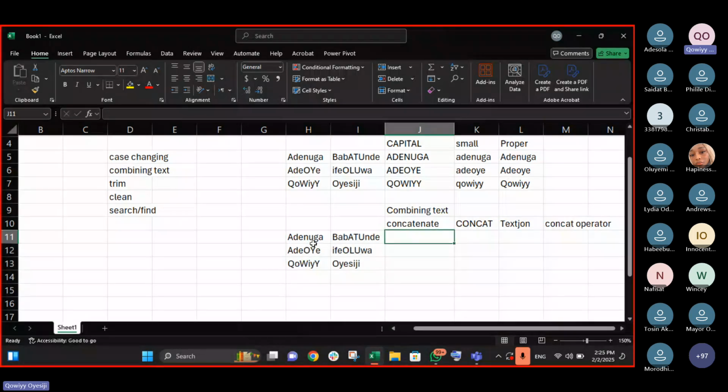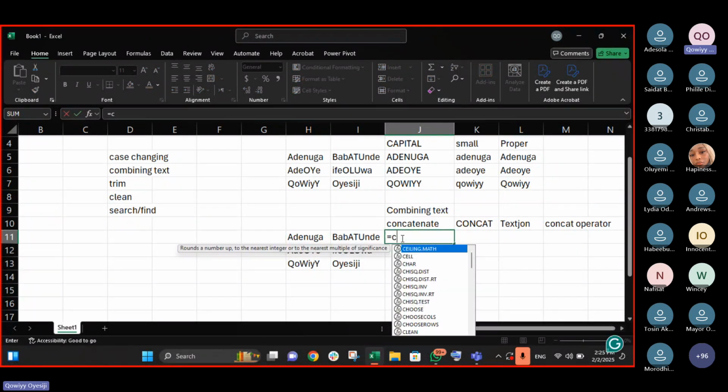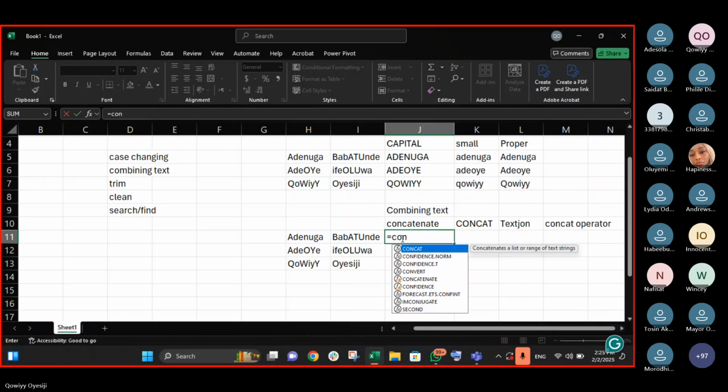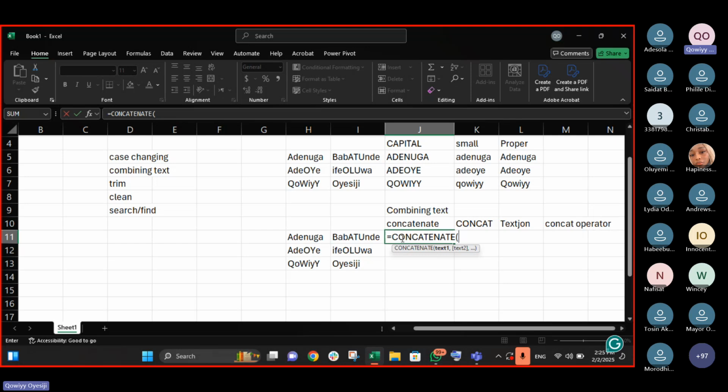Now I want to join these two names together. So how will I go? Just say equals CONCATENATE. So I'll click on this. Now, there's one thing about Excel. Whenever you are using a function, and you want to type anything at all, you have to be very careful here.